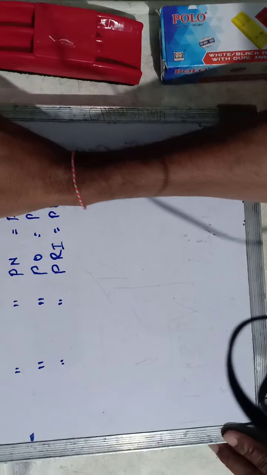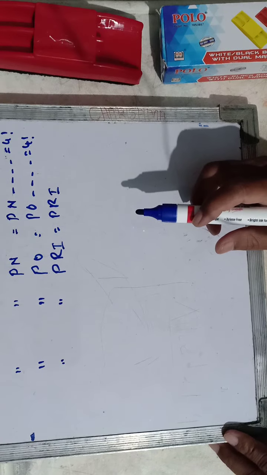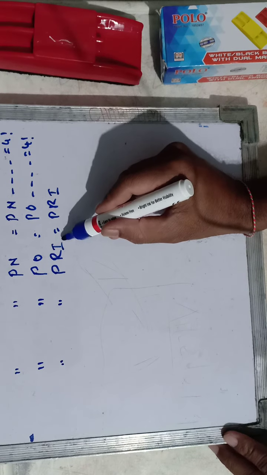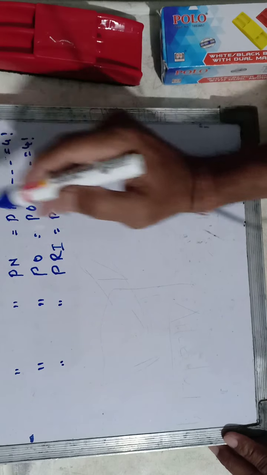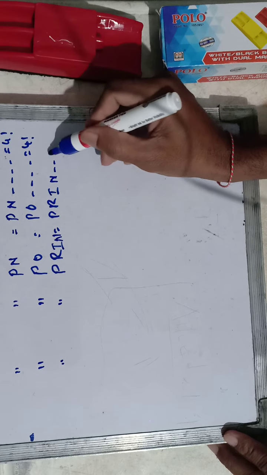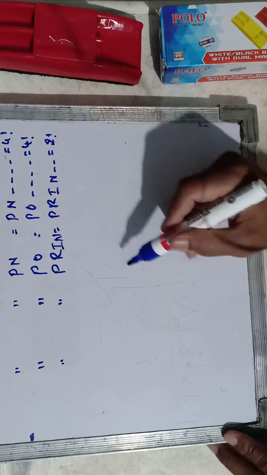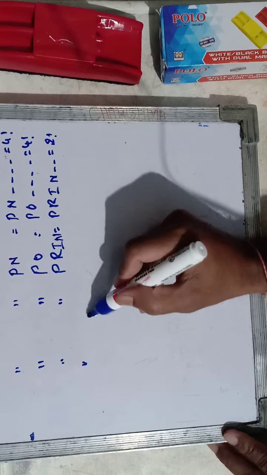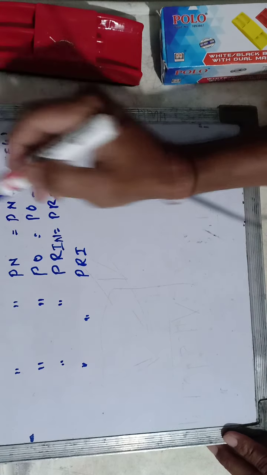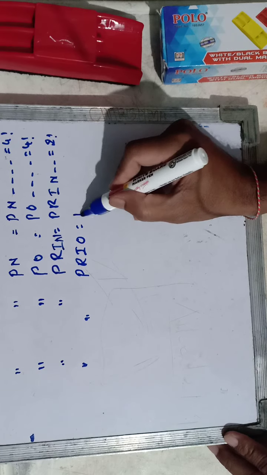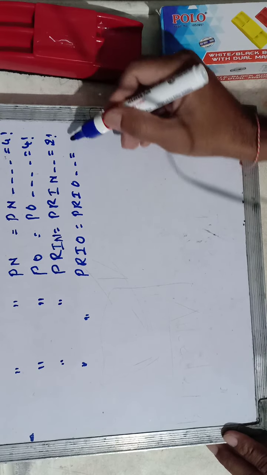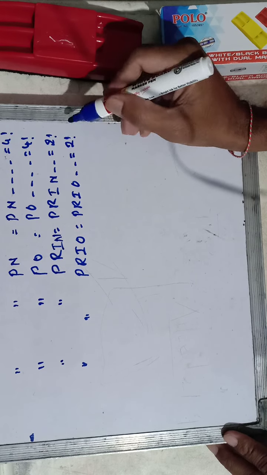Next we search for the fourth letter. The fourth letter is S, so up to S we have to change the fourth place. Start with N in the fourth place: P, R, I, N. The remaining places are 2, so 2 factorial ways. Next, the words starting with P, R, I after N comes O: P, R, I, O. That is the same, 2 factorial.